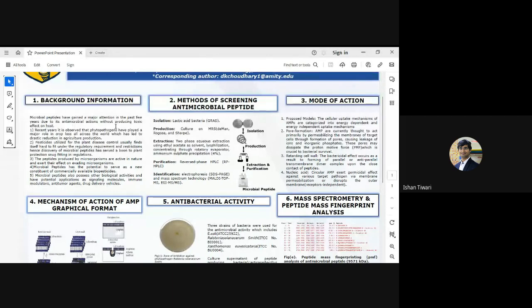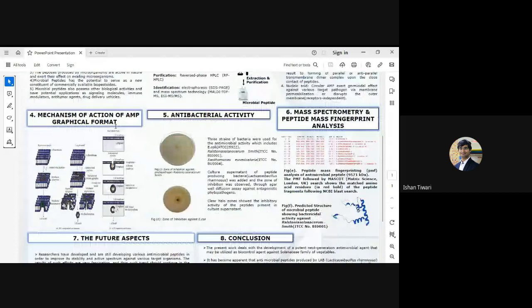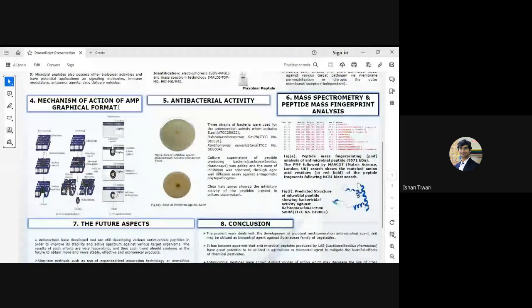So, as we have seen the increased use of pesticides and insecticides in the agriculture field, which has produced several effects not only to the crop and the soil, but also to humans, since humans are suffering from various diseases which are caused due to the pollution created by insecticides and pesticides. So, we have proposed a different product, an antimicrobial peptide, to be used instead of the insecticides and pesticides.